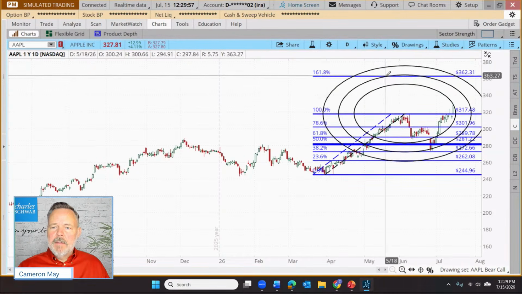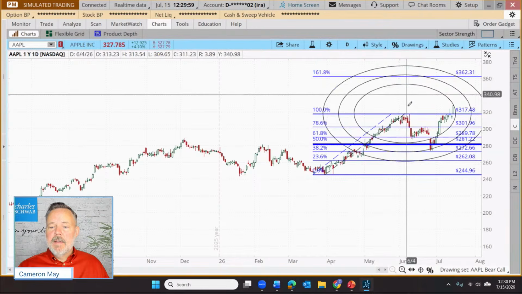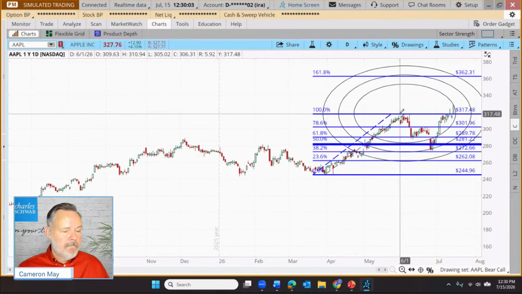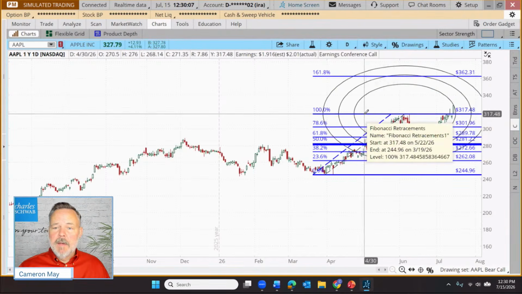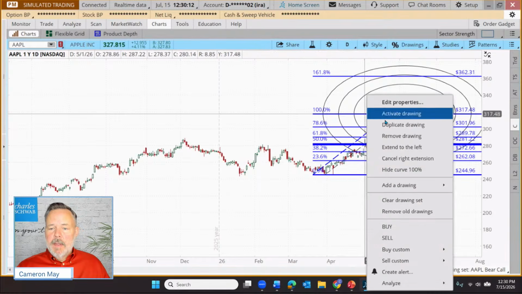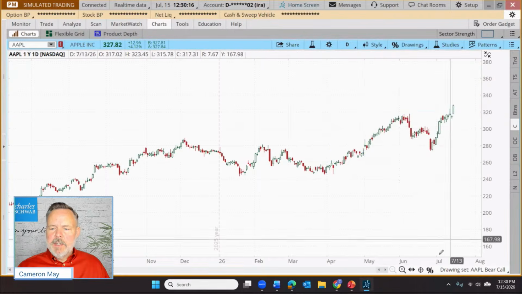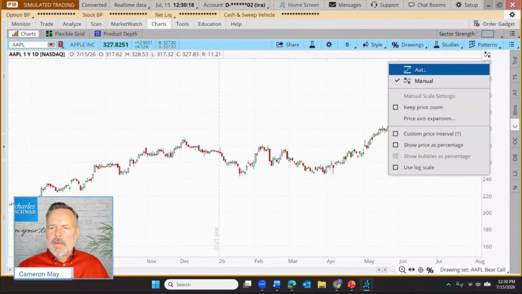You'll see that the arcs and the lines intersect pretty well. There, here, here, right up here. Yep, they're based on the same premise, just introducing that element of time. Now, let's remove that one. There's our Fibonacci arc.